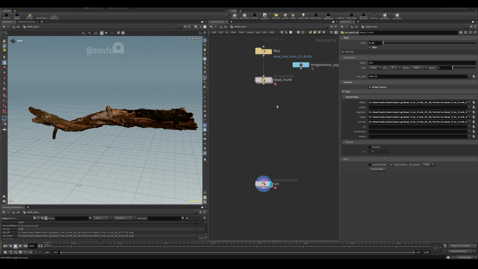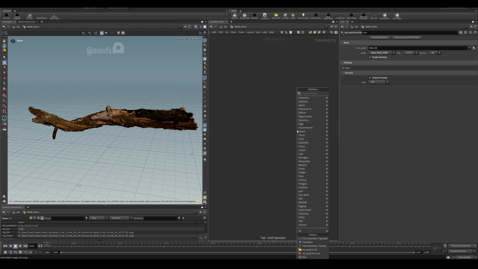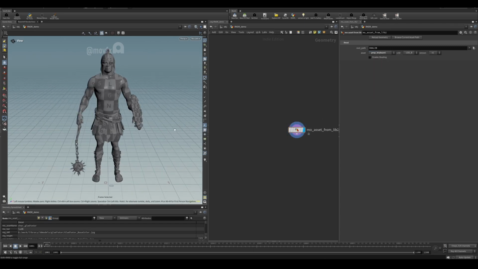This just takes like 2-3 minutes to set up and save to disk, and then forever it is available in Houdini. You don't have to think about where it is. You can just drop asset from lib and then choose the asset, and you can directly render this. So I'll show you